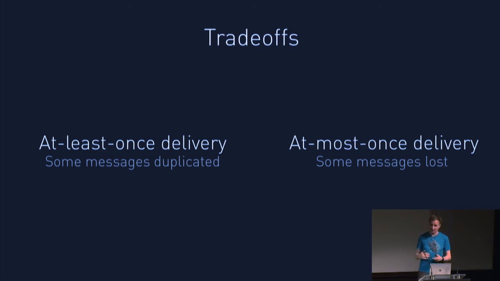Another example, and one I push a lot, is what kind of delivery do you want? You cannot, and trust me, if someone claims this, they're lying, you cannot send a message exactly once. You can either send it at most once, where if you fail, it just doesn't get delivered, or at least once, where if you fail, it gets delivered more than once. So for example, imagine a system like UDP, where you send it and hope for the best, that's at most once. Something like Kafka, which has an ACK, where you send the message to the thing, and it has to acknowledge it's got it back again.